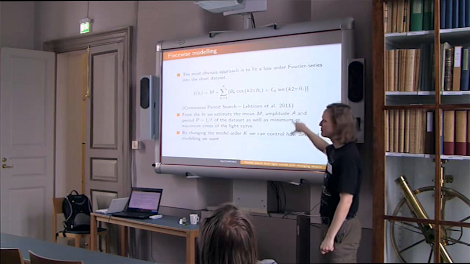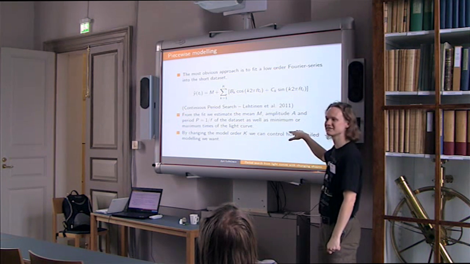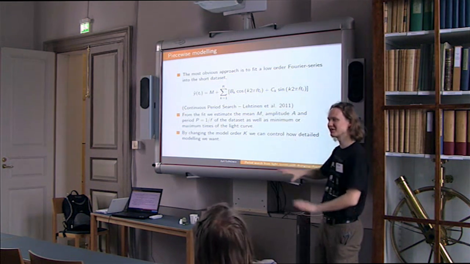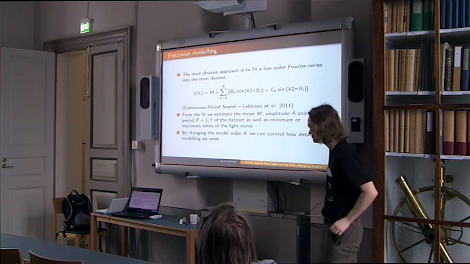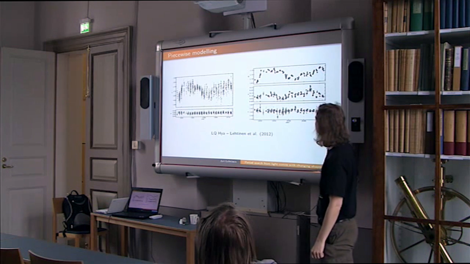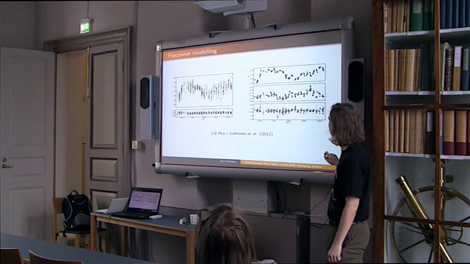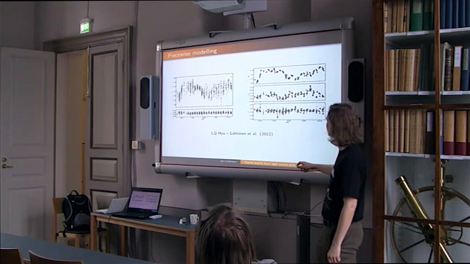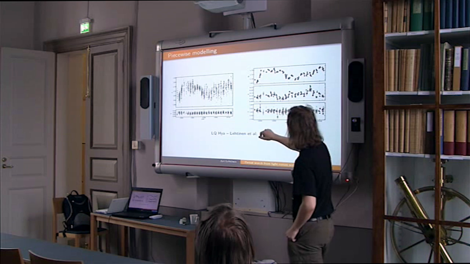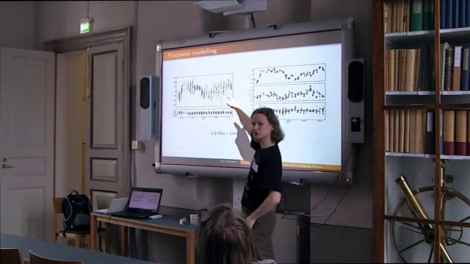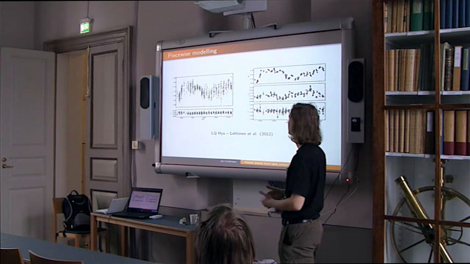But yeah, this is all mathematics. So it's best visualized if you draw curves and then decide, okay, this seems to be nice for my work, so I settle with this. So this is an example of what you will want to do. This is from our recent paper with another famous spotted star, LQ Hya. This is raw photometry. This is ground-based photometry taken with a 60 centimeter robotic telescope,